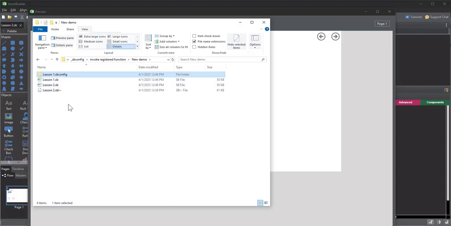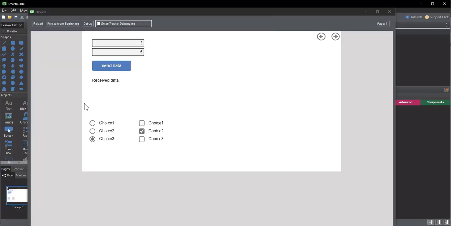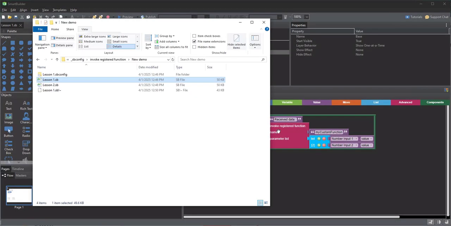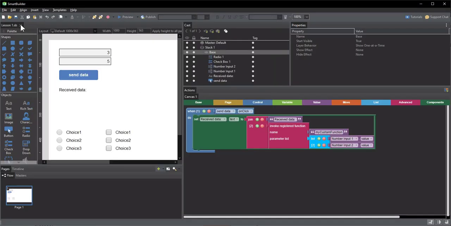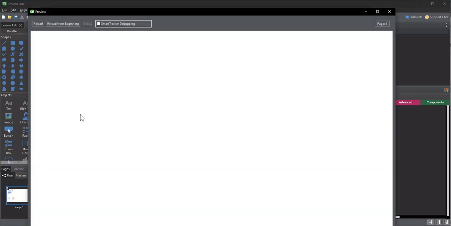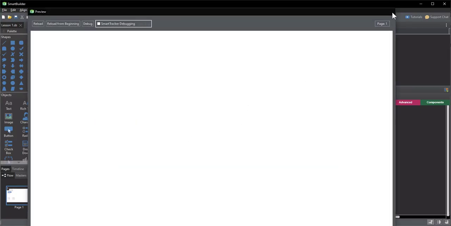Or if I knew that I was going to do that for all of my output, I'd put that in a different location. So one thing that I do want to show here before we move on to the default location, I've just reopened lesson 1 to get it working. So when I publish this,